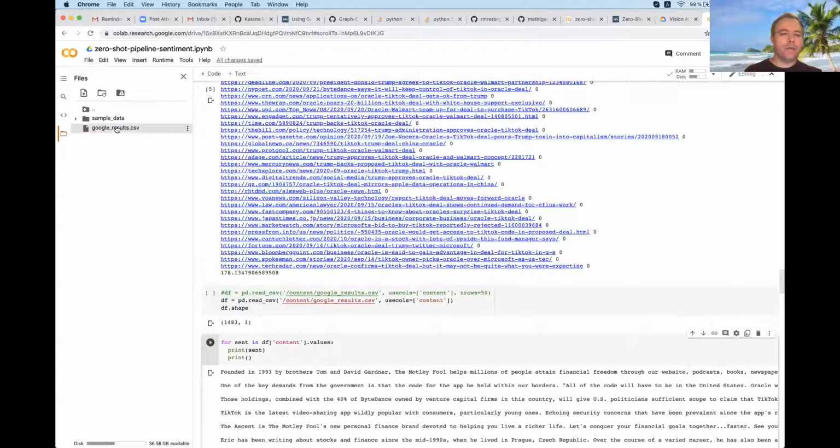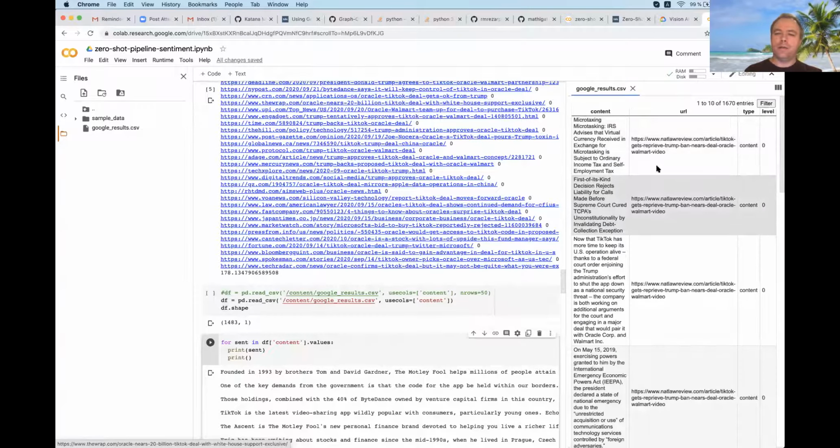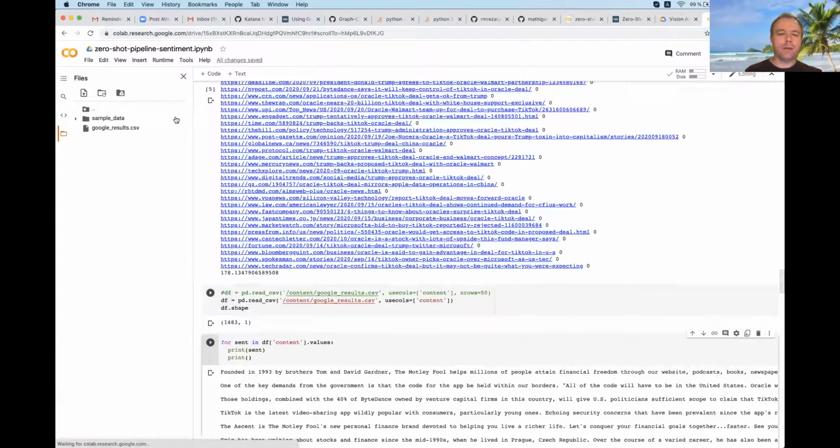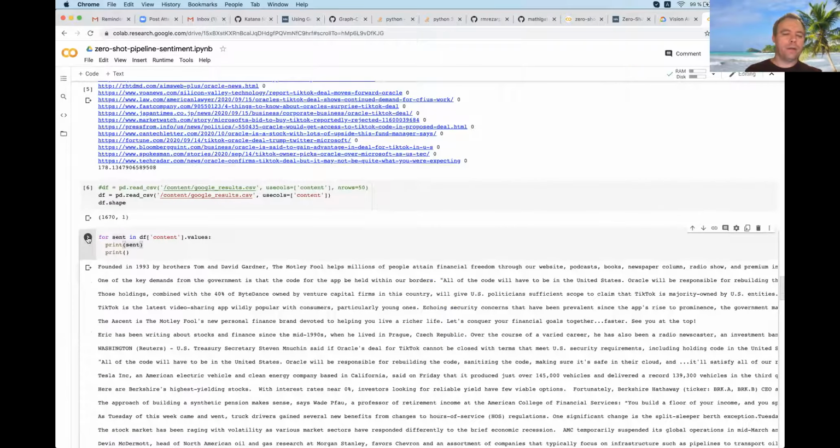And now if I try to open the CSV file, okay, I can see the data is there. There's one column with content, then there's a URL, and there are some other technical labels. So we can see that the data was scrapped successfully. Then we can load the CSV file into the data frame. In total, there are 1,670 rows scrapped for this query. And then if I print out